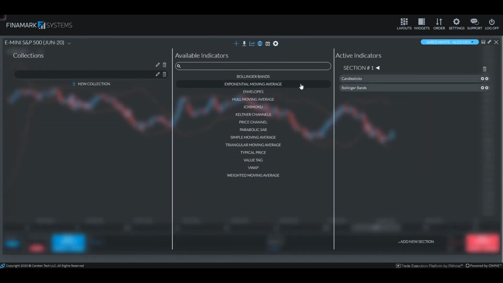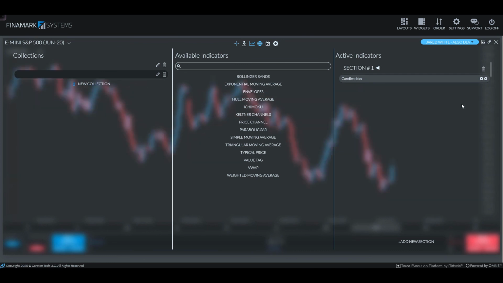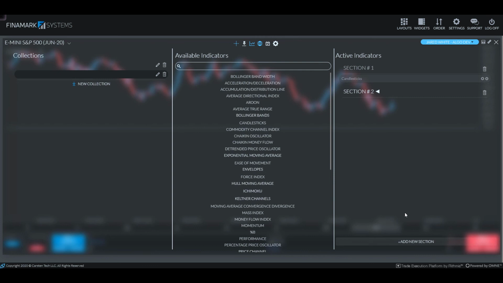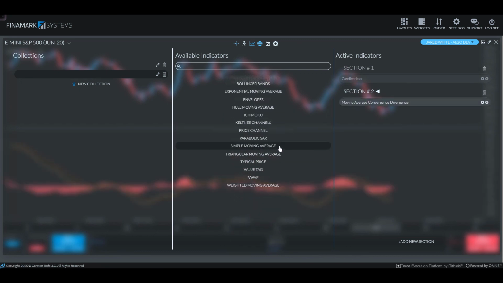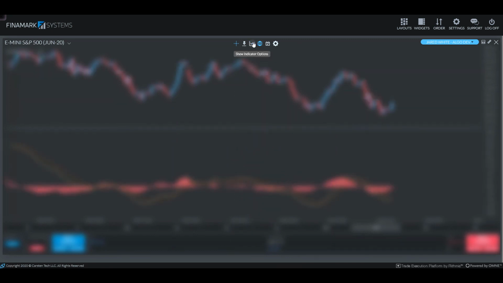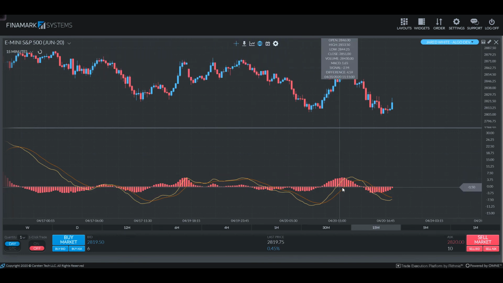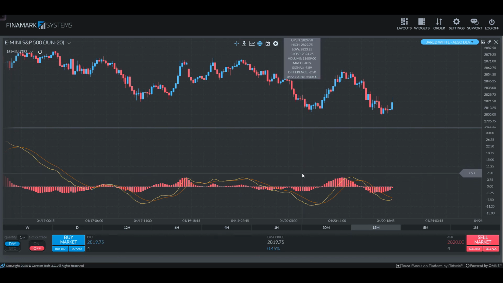And finally, moving along, we have our MACD, which was our curious case. Now, in order to add the MACD, we do still need to add a second section and go down to the M's, where you'll find moving average, convergence, divergence. After we've added that and return to the regular screen, you'll see the histogram with the two moving averages crossing back and over themselves as they move along. The MACD is a lot of fun because of its predictive as well as lagging nature that it can provide to a trader depending on how you interpret the information.